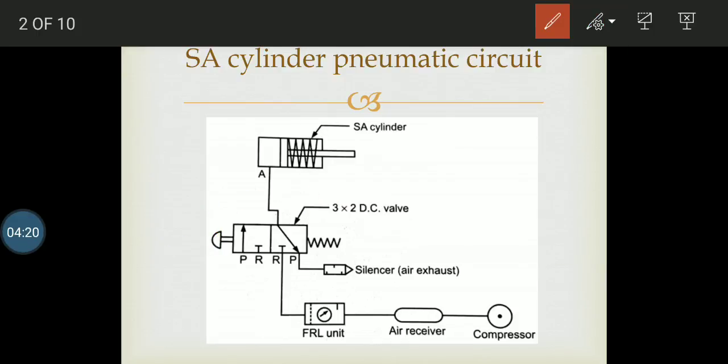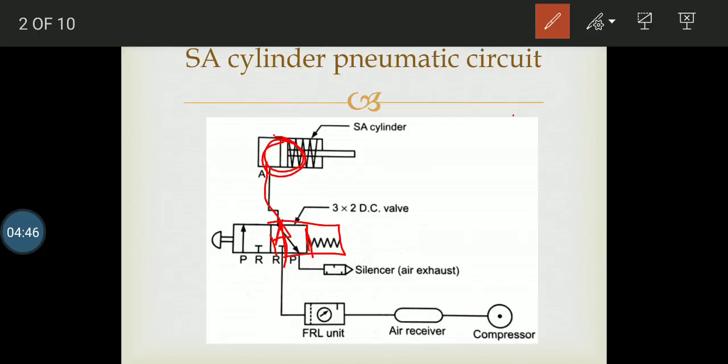Okay, section 2 will be moved to section 1, and hence the flow of the fluid will be like this. It will allow the fluid to move further from P to A like this, and it will just get inducted inside the cylinder. So it is actually getting filled inside the cylinder. Once the complete filling of the cylinder has been done,